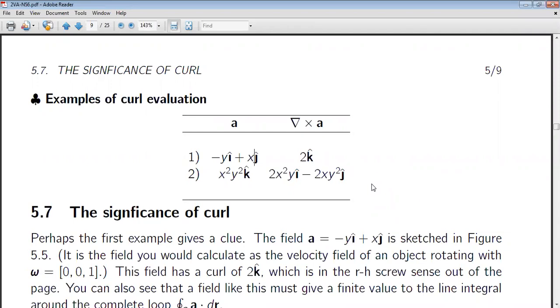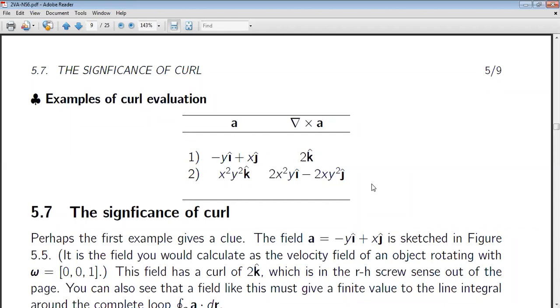And what is the coefficient Ax? Here there is no coefficient for i cap, so 0. So the value for j cap is 0 and for k cap it is x squared y squared. Now expand the determinant, i cap. del/del y of x squared y squared, that is twice x squared y,